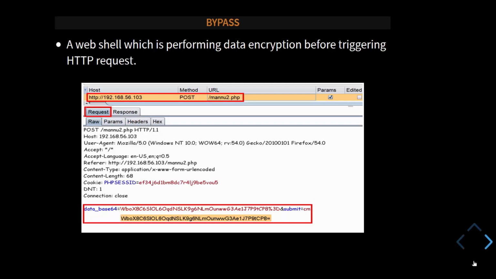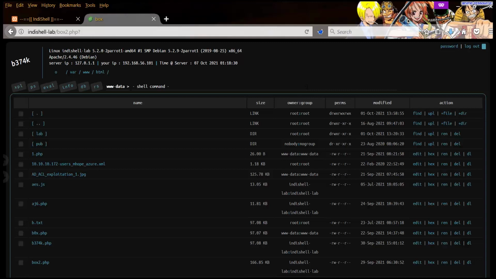Let's demonstrate how these things work. This is the B374K shell, and right now it doesn't have any custom functionalities, it's just a normal shell. Here is the server which is protected by ModSecurity, and consider we have uploaded a web shell on the server.